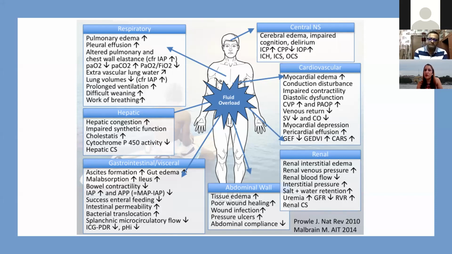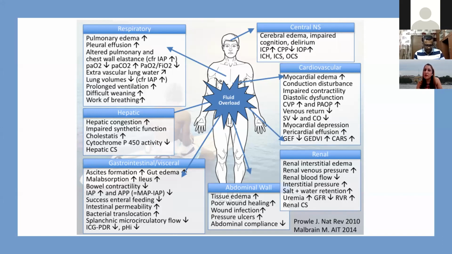The CNS, leading on to cerebral edema, there's increased intracranial pressure, increased intraocular pressure, cardiovascular dysfunction is there, the renal parameters get deranged. We have renal interstitial edema, decreased renal blood flow, and ultimately leading on to acute kidney injury. The abdominal wall issues are there, gastrointestinal gut edema occurs, there's increased ileus, the bowel contractility decreases,